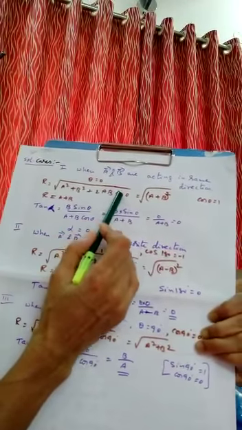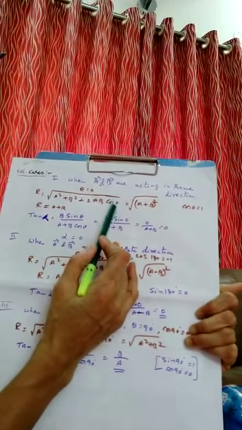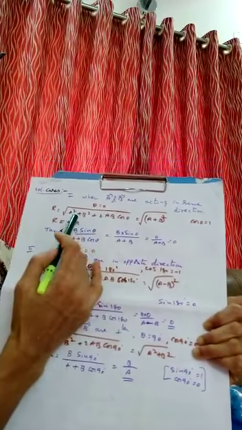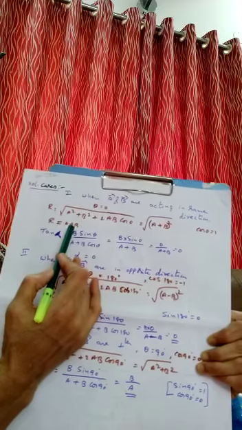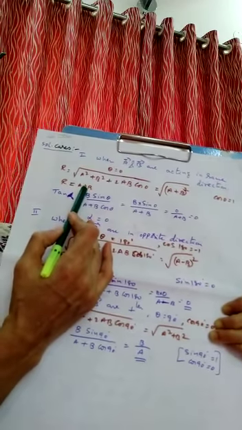Now let us discuss different special cases which we use in physics most of the time. First, let A and B be acting in the same direction. Can you tell me what is the value of theta? 0. Same direction means theta is 0. So what is the value of R? R is equal to the square root of A square plus B square plus 2AB cos 0. What is the value of cos 0? 1. So under root of (A plus B) whole square, or simply R is equal to A plus B, when the two vectors are acting in the same direction.